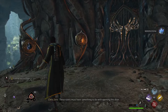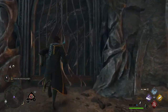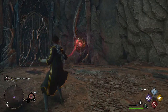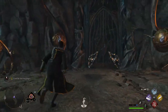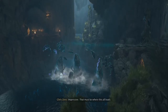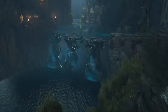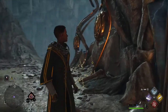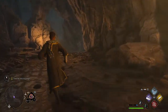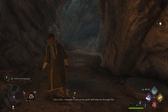These tools must have something to do with opening this door. I can shoot the symbol, but it doesn't stay lit for long. I need to light all three before they time out on me. Easy enough. Impressive. That must be where all this leads. I'm pretty sure I'm gonna get into another fight. Someone didn't want casual visitors down here. I wonder if any of my spells...